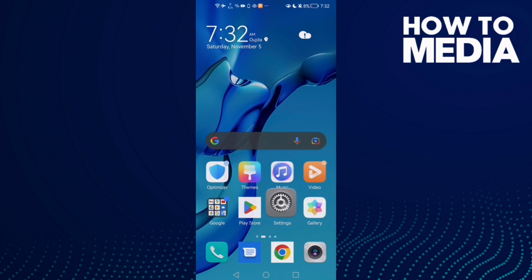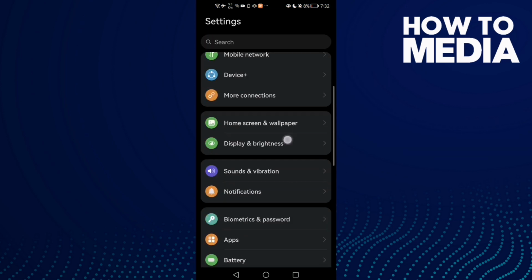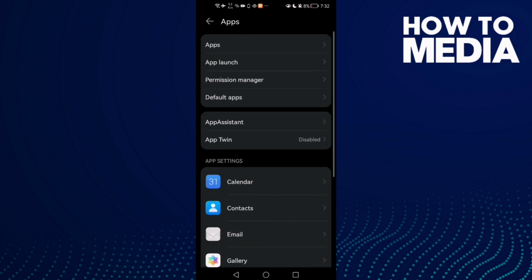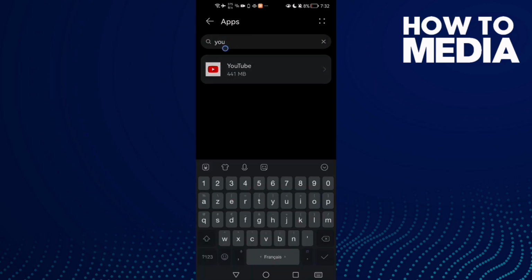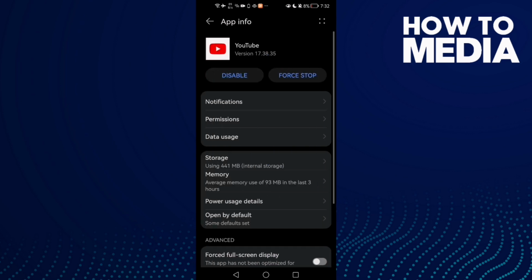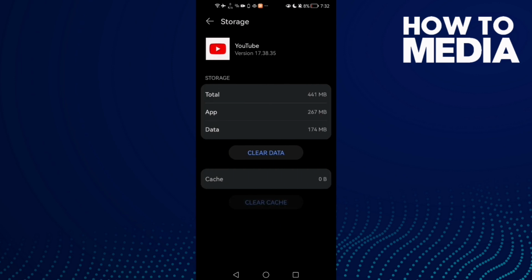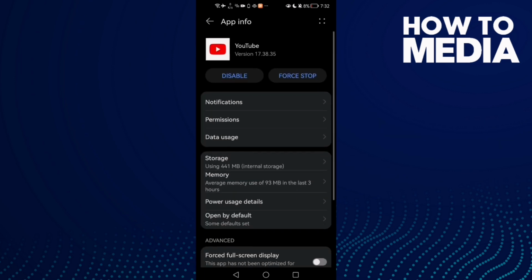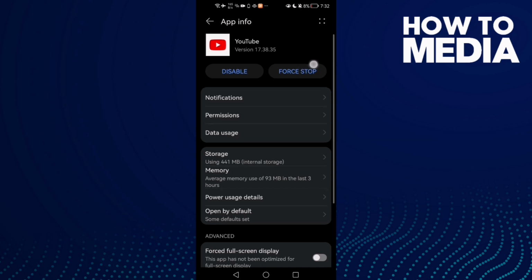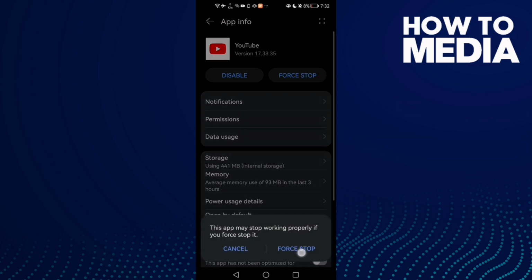First go to settings and then scroll down until you find apps, and here click apps again, and now just type YouTube and click on it, and here we'll find the storage, and then click clear cache, and for stop here we'll find it, click on it, and then force stop your YouTube,